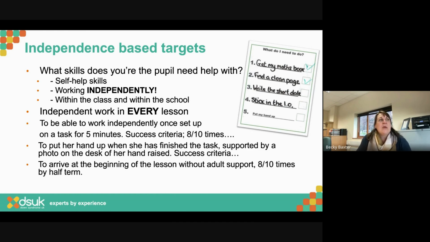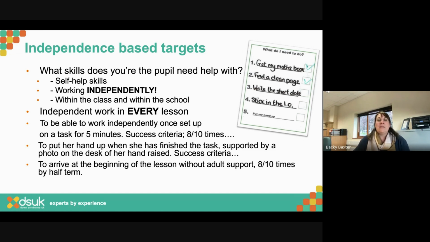Often when I go into schools and I say, great to work on independence, the child having a bit more independence, when I go back, they've gone for things like moving around school independently, going down to the office and taking the register without an adult. And I think, whoa, that's a big one. I would just start by leaving you at the desk where I've set you up on a task for a few minutes, rather than roaming off without anybody having eyes on you. But certainly think about where we've got that structure, that the student knows what it is that they've got to do, and having some of those independent tasks.